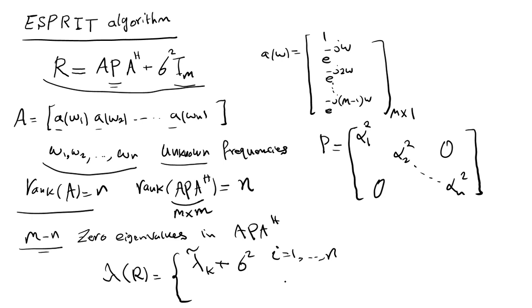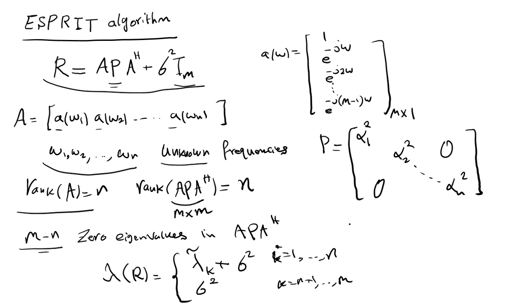And for k equals n plus 1 until M, we only have sigma squared. If we construct eigenvectors based on the eigenvalues,